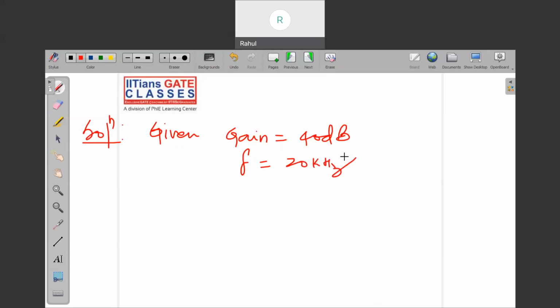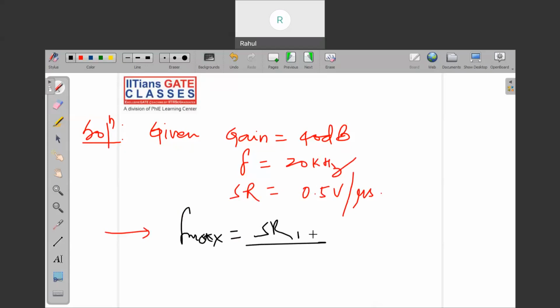You have to find the maximum, and the slew rate is given as 0.5 volt per microsecond. So as we know the formula, f max is equal to slew rate max upon